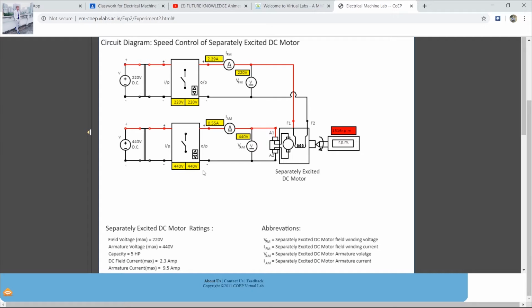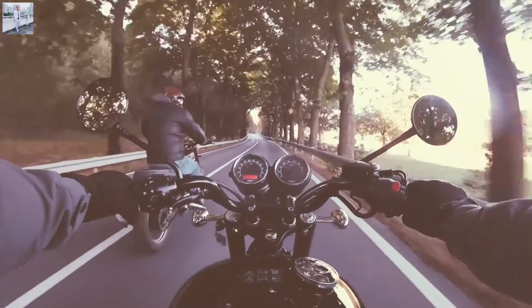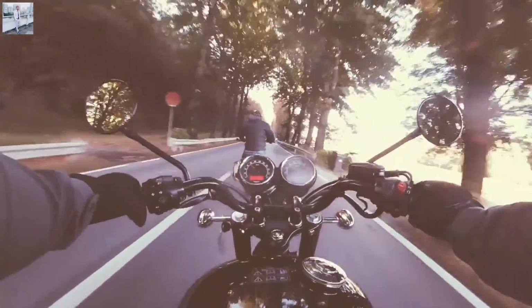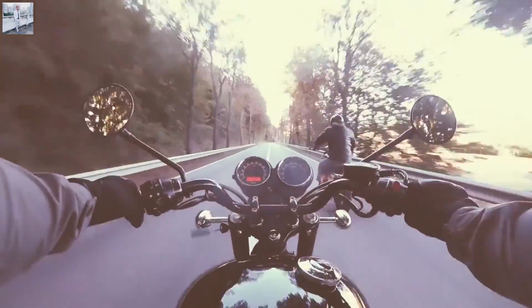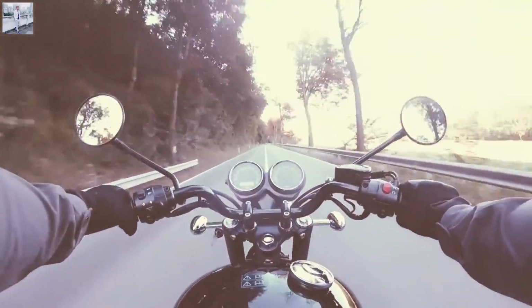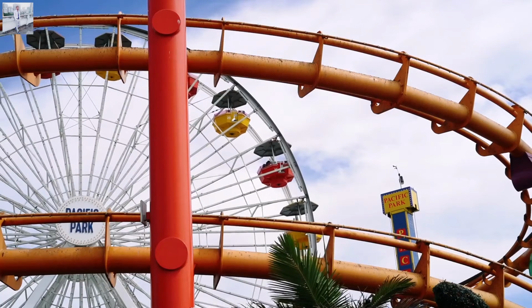Next, start storing data. Next, to keep the voltage of the generator constant at load condition, adjust the field excitation of the generator. Now again increase the load by closing another load switch. Next, store the data. Next, go on repeating the procedure till all loads are connected and data is stored. This is the procedure for how to control by the field method and how to control by the armature method.